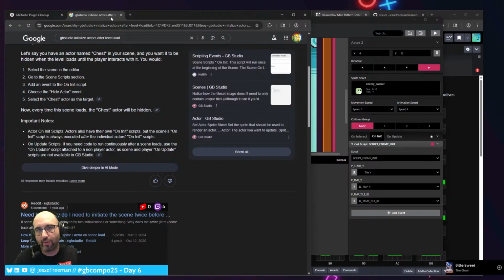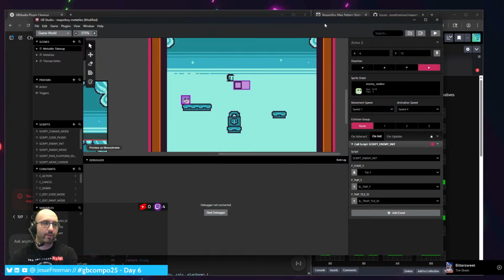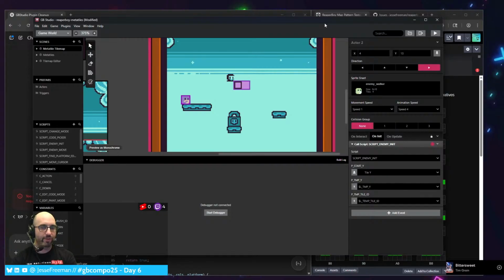All right, so now we have to figure out the balance here. Do we want to hard code the actors? I'm trying to think through this. What we could do is